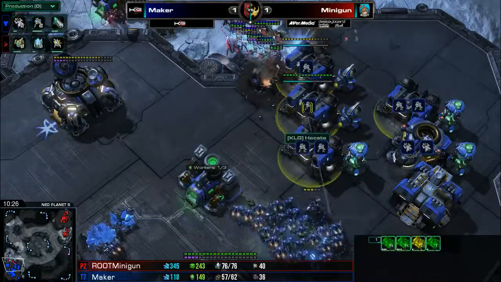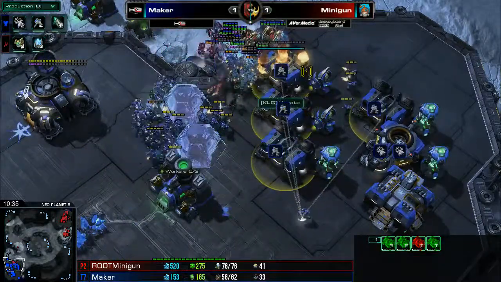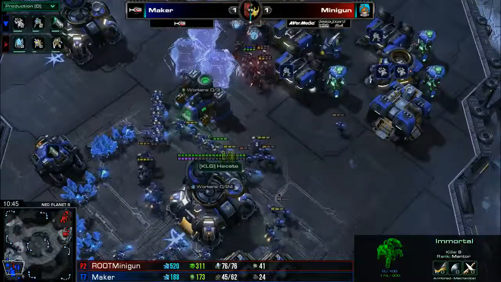You could tell he was surprised when it got there. There was no SCVs there ready to repair. No. And this just shows you have to do everything right. You have to get the scouting. You can't be supply blocked. These are the basic mechanics that you cannot forget against Minigun, because he is going to punish you